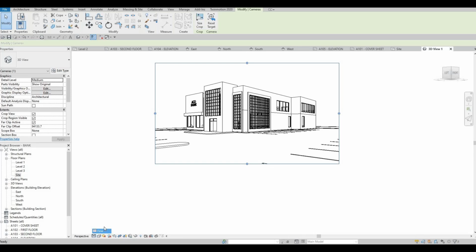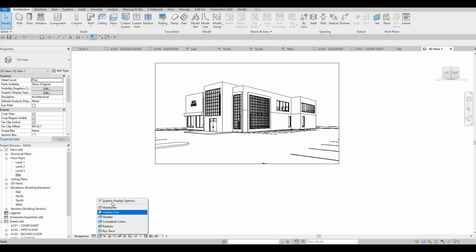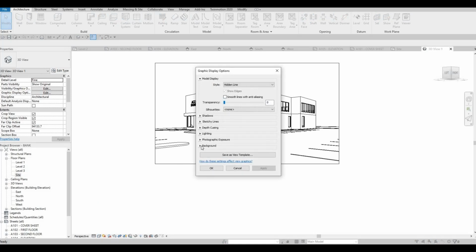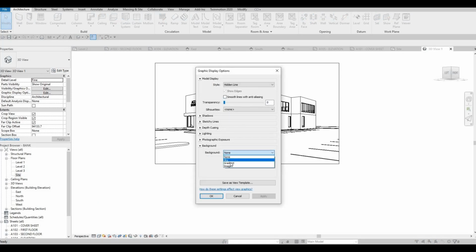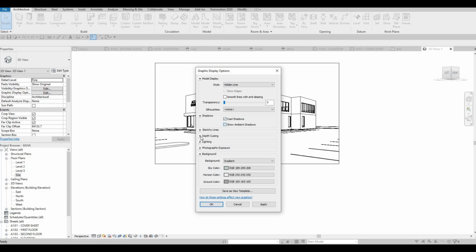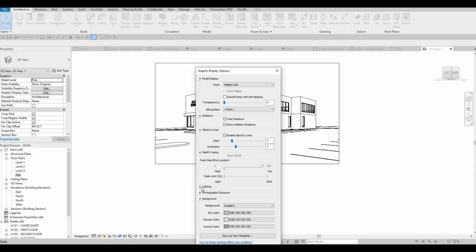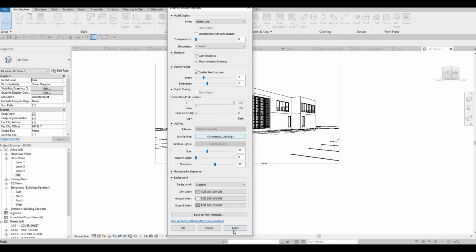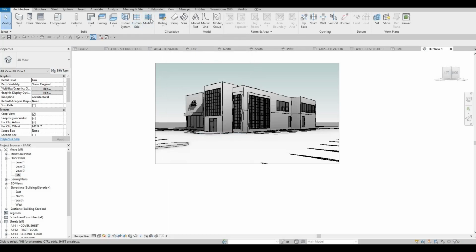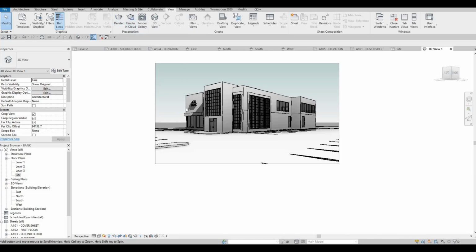I'm going to change it to fine, and then here I'm going to go to this graphic display, change the background to gradient, and then you can add in shadows if you want to, cast shadows, sketchy lines if you want, enable jitters, extensions, then depth cueing if you want, lighting, and then if you click apply and then OK, and then after that go to view,